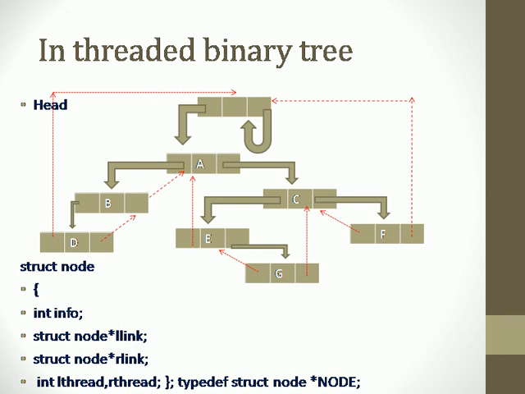So like this, the figure shows the in threaded binary tree, and it is represented in the C structure by including two extra fields, int LT thread and int RT thread. These two fields will have the value 1 once there is a thread applied on that particular node. It will take the value 0 when there is no threading done. So the figure shows the final representation of the in threaded binary tree. So this is how you can represent the threaded binary tree pictorially.